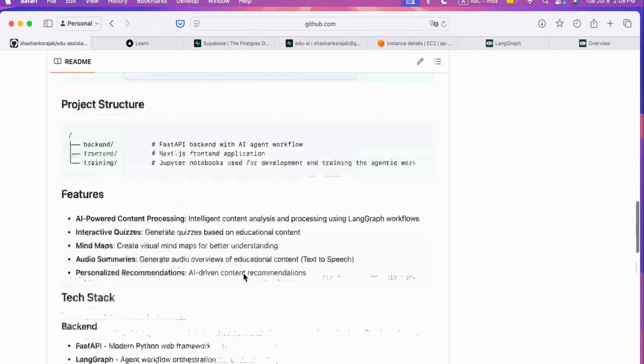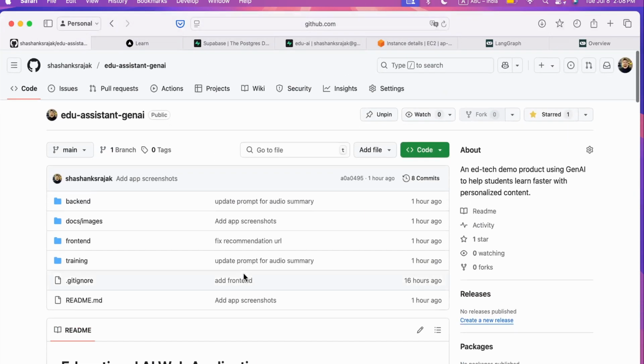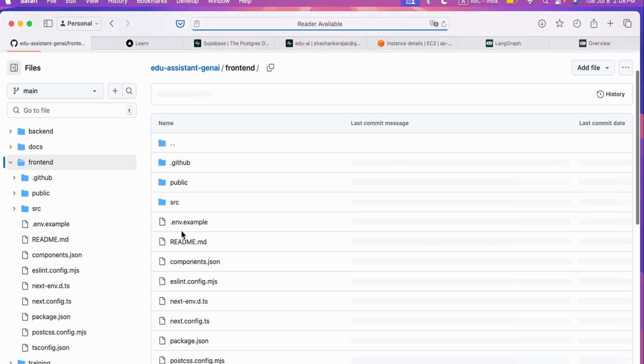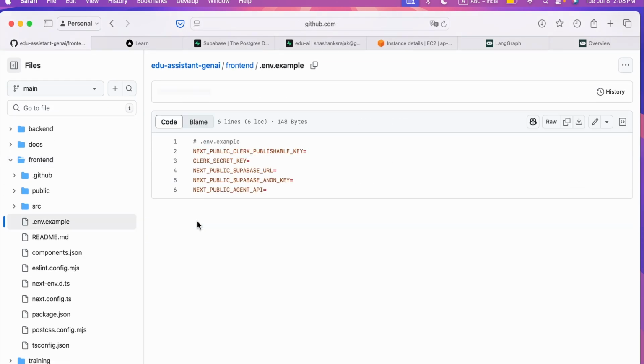You will need some environment variables also, like Clerk, JS, Supabase, and a Gemini model. So all those things you can set up and put in the environment variables, which have already been described in .env.example. So you can check out what environment variables are needed for the back end and front end, and you can start